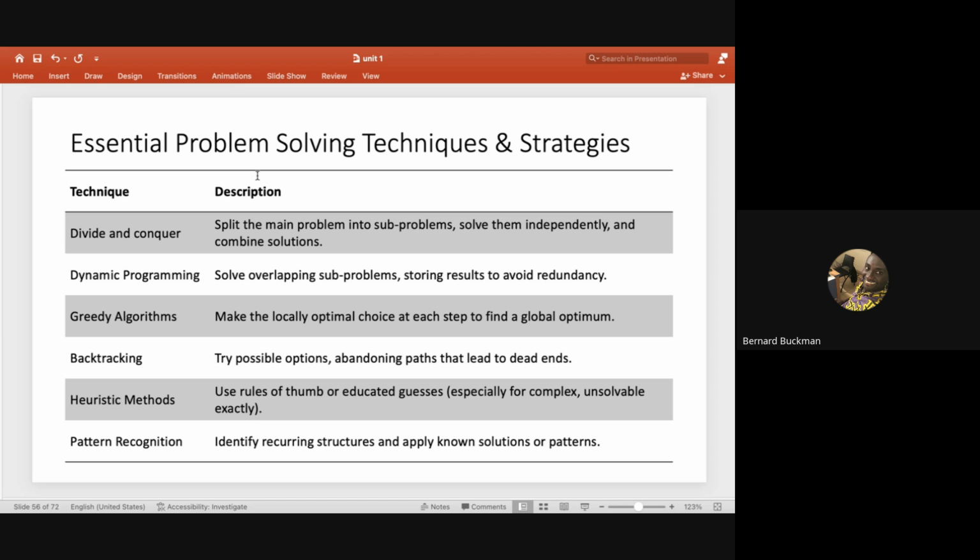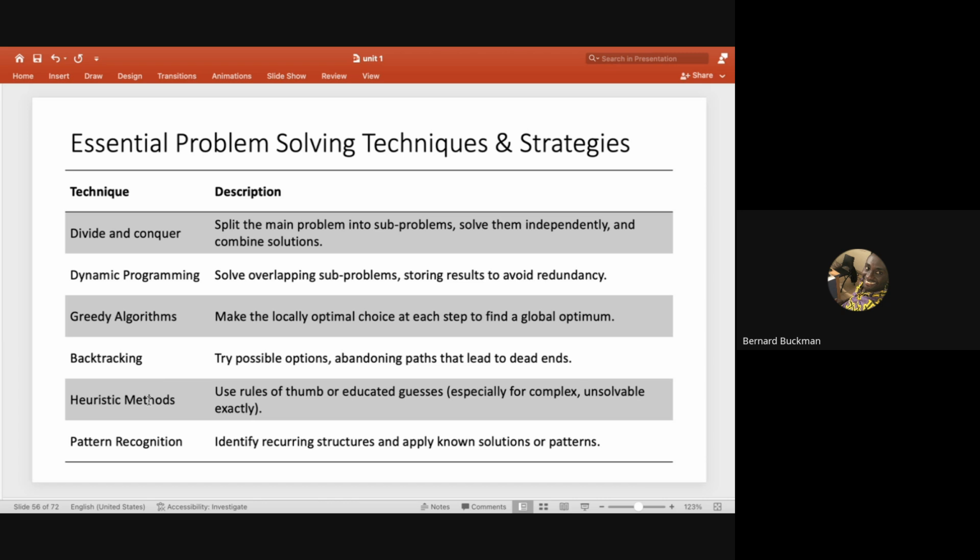And then we have another problem solving strategy called greedy algorithms. These are classes of problem solving techniques where we are always looking for the easiest or the first solution. We call them greedy because they only look for the local solution and don't look for the global solution to the entire problem. And then we have something called backtracking. Backtracking simply means that when we are looking at a set of solutions, and we pass one or two of the solutions and cannot find any more solutions, we can go back to a previous solution that we have found.